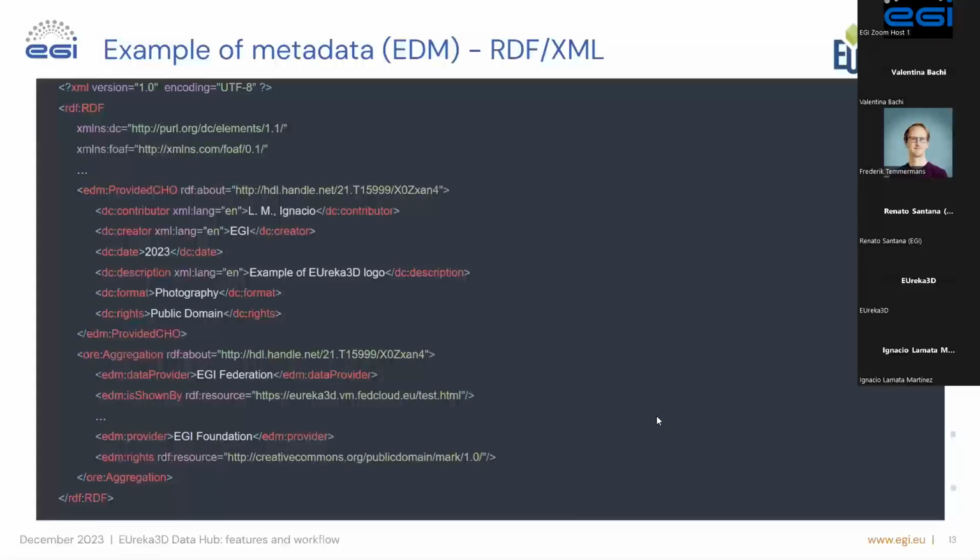Thank you. So this is an example of metadata in EDM format. It's a very simple example, nothing really complicated, but just to give you an overview of some of the data that we can include into the metadata. Things like the description, the format, the rights, many other things. It's just to give you an impression of how the metadata will look in EUreka3D in the Europeana data